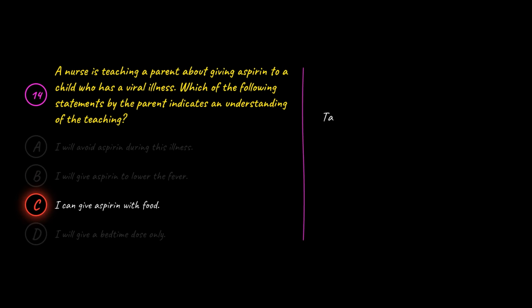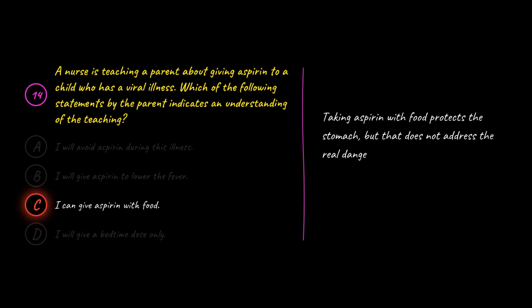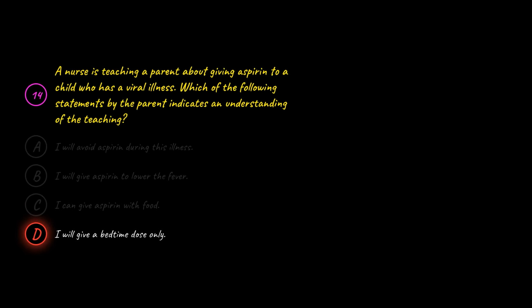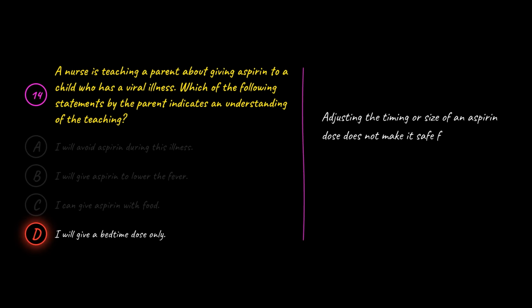C is wrong because taking aspirin with food protects the stomach, but that does not address the real danger in the situation. The concern in a child who has a viral illness is Reyes syndrome, which food cannot prevent at all. D is wrong because adjusting the timing or size of an aspirin dose does not make it safe for this child. Any aspirin during a viral illness carries the risk of Reyes syndrome, so the medication should be withheld